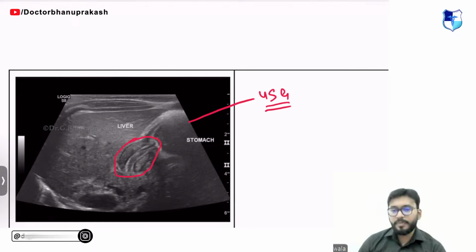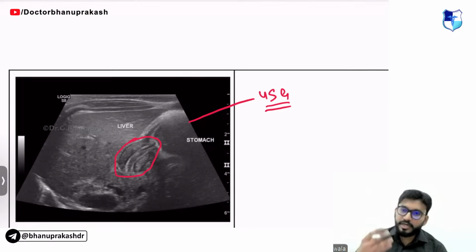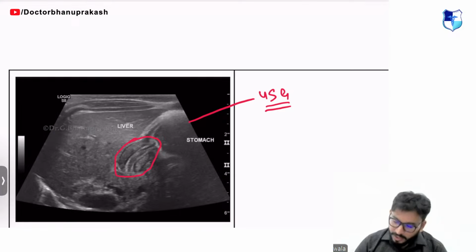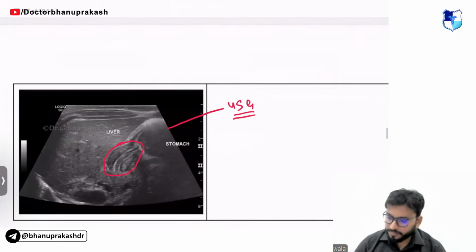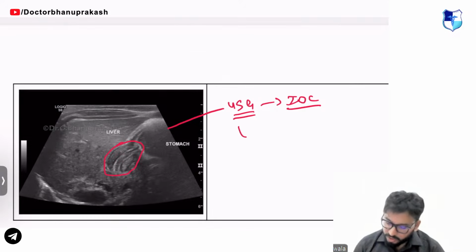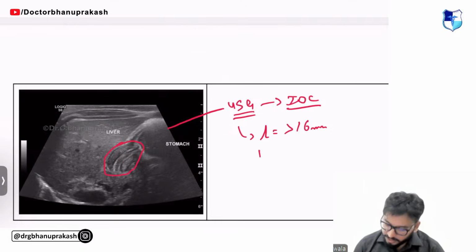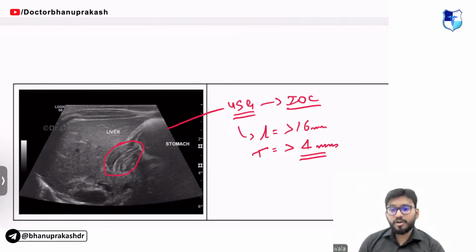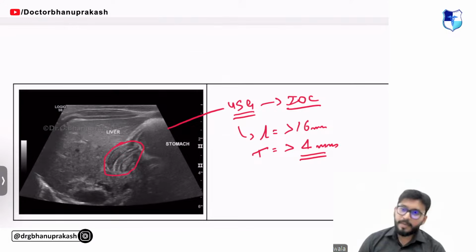The question stem will be that there is a pediatric patient, a child, who has an olive-shaped mass in the epigastrium and projectile non-bilious vomiting. What do you think of first? Congenital hypertrophic pyloric stenosis, guys. USG is the investigation of choice. And what is the cutoff criteria that has been asked? The length has to be more than 16 millimeters, and thickness has to be more than 4 millimeters. This is the cutoff on USG for CHPS.